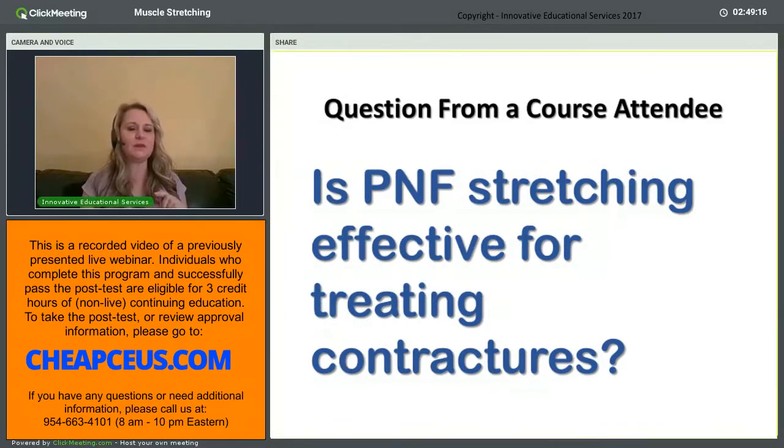Good question about the PNF type of stretching and whether it's indicated for contractures. So looking at contractures, it's not necessarily contraindicated. Now, the caveat with that is you have to look at the specific pathology. If active contraction of a muscle is contraindicated or joint motion is contraindicated, then PNF is off the table. Assuming that's not the case, if you have just a contracture, you can try to use stretching, but just know,